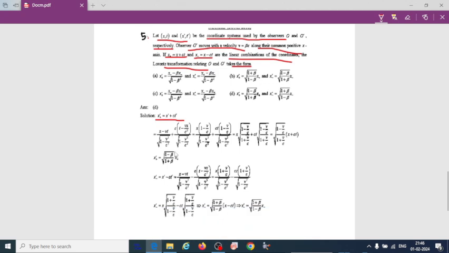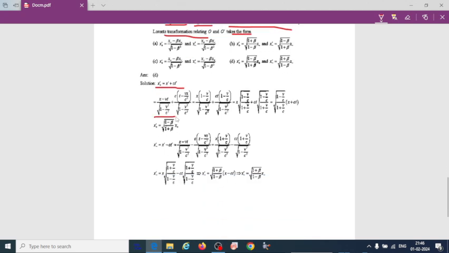Just substitute x prime, in case of relativistic dynamics, and the value of c as it is, with the relativistic time. Then if we equate these two after substituting the values of x prime and t prime,